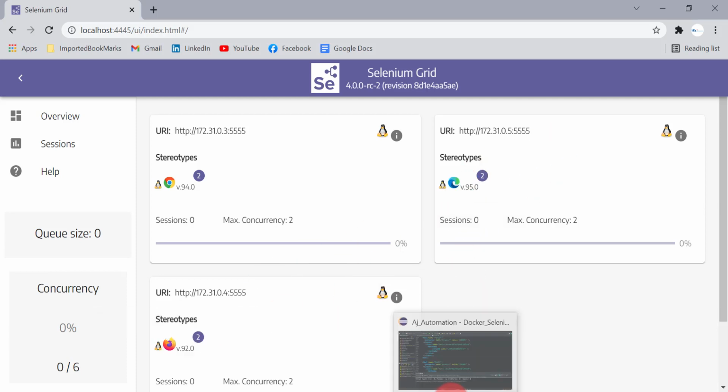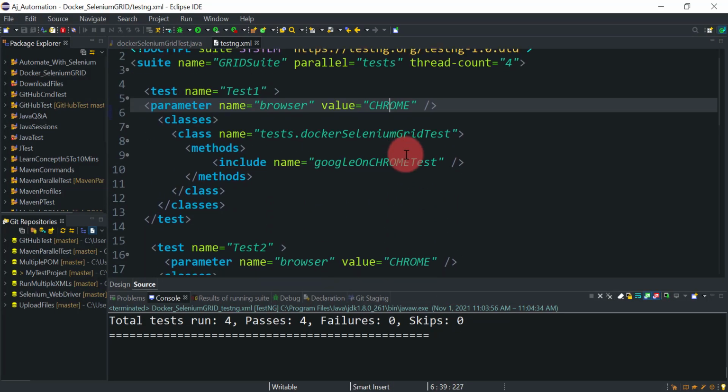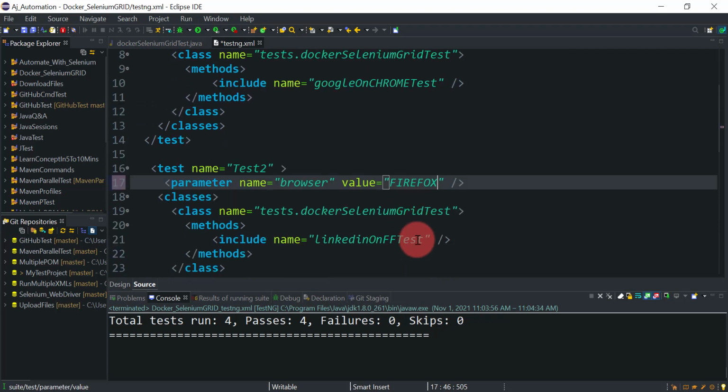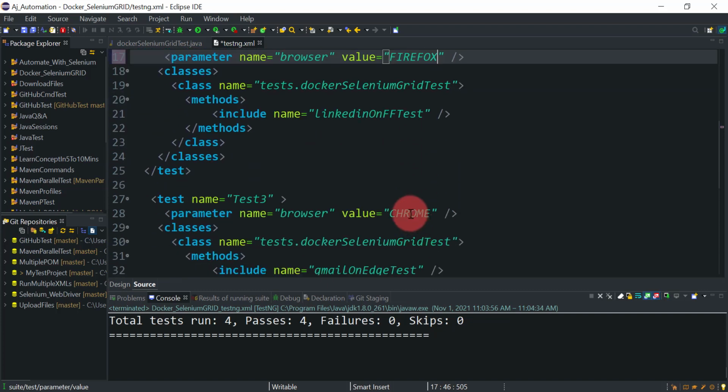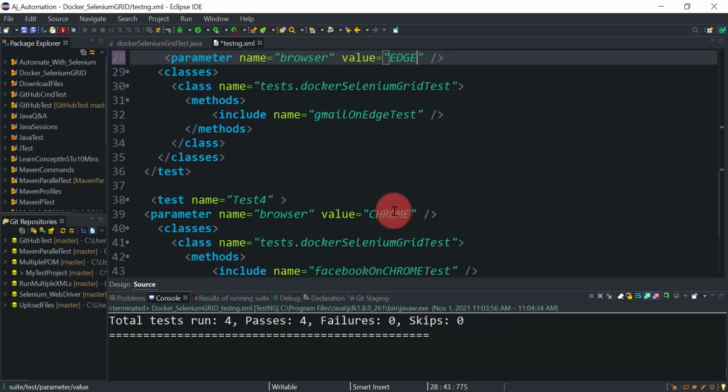So let's try to run these 4 test cases on different browsers now. Instead of Chrome I will use Firefox here. So one test case on Chrome, one on Firefox, the next should be on, let's say, Edge, and the fourth let it be on Chrome.